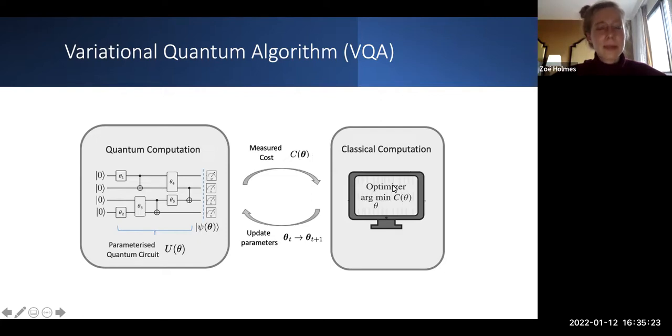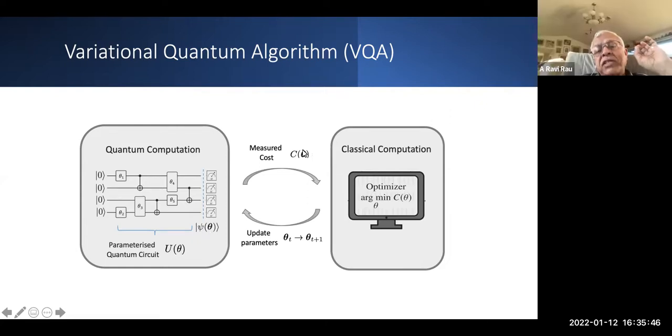And then the classical computer runs gradient descent, or whatever your favorite optimization technique is, and tells the quantum computer what parameters to try next. And then the quantum computer tries a different set of parameters. So instead of theta of t, it goes to theta of t plus 1. So the theta is the same for the U, the psi, and the cost.